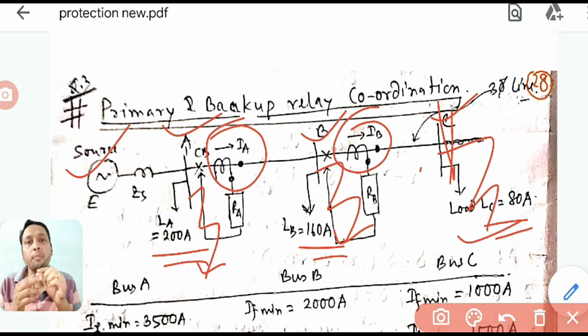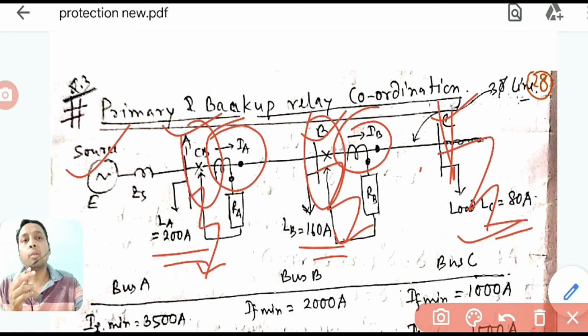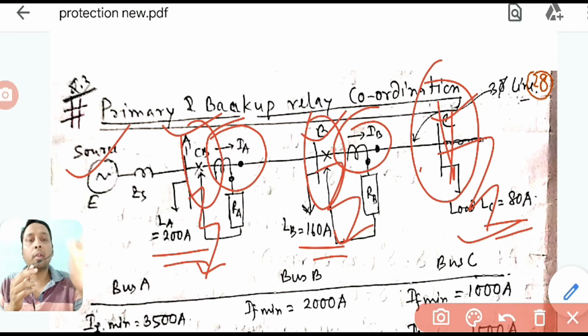What are the various types of fault? All this has been done by using fault calculations. For this syllabus, I have already done the symmetrical fault analysis. In future also you will learn unsymmetrical fault analysis. For now you think that all the fault analysis has been done, and all the fault currents have been calculated for each position, and they have found what the maximum fault and the minimum fault at each position should be, depending on fault type and fault location, what the maximum fault current that can come here will be, and what the minimum fault current that can come here will be.